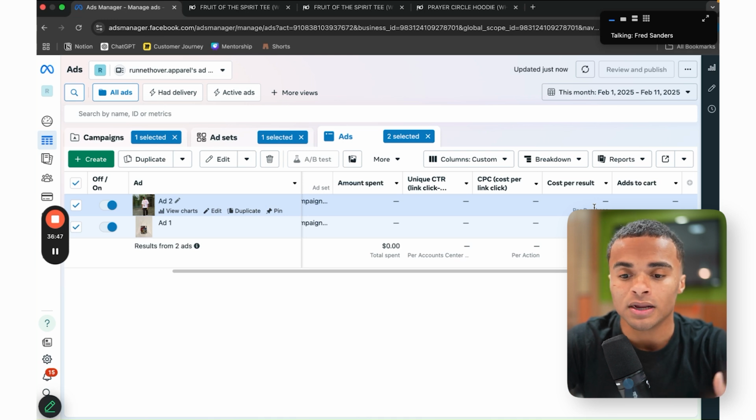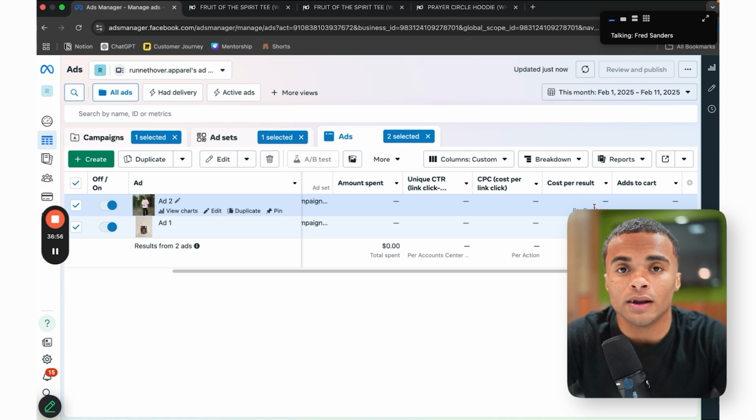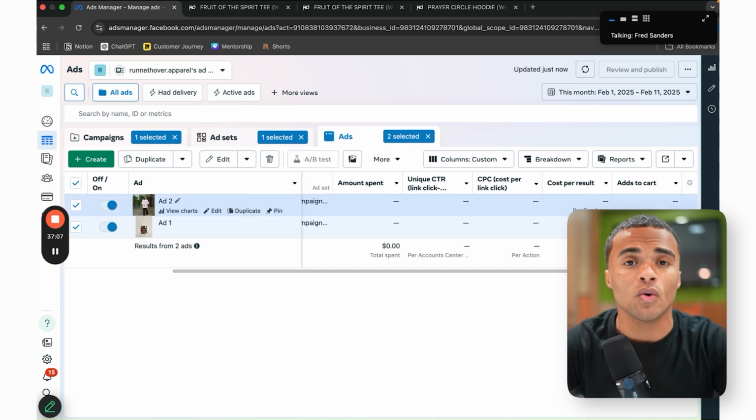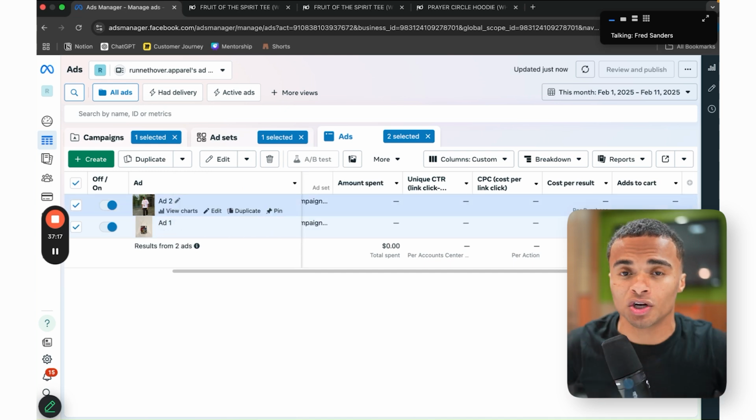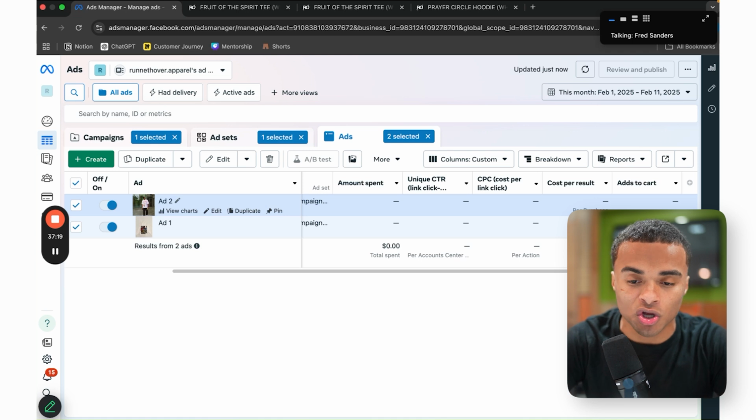Now, obviously, you want to break this down with your brand to see if it's profitable. If you're selling a shirt that's $100 and you get a cost per result of $10, you're profitable, right? You've spent $10 to make $100. You're profitable. But if you're selling that same $100 shirt and it took you $100 to get a sale, it's not that profitable. You probably want to turn this off no matter how good the add to carts look, because you're not profitable. And that's pretty much the basic structure of what I'm looking for when I'm just starting out